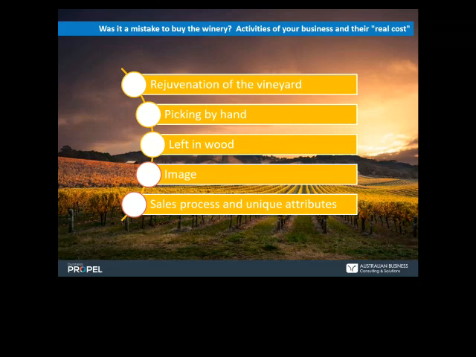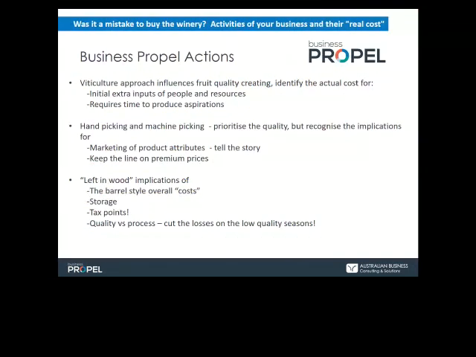Left in wood, aged, coming out with pedigree, etc. The image of the wine and all of those sorts of things come behind to try to pick up on all of these aspects, and the sales process. So basically, we're looking at how every aspect of this, in the sense of the viticultural approaches, affects the final product presented between the